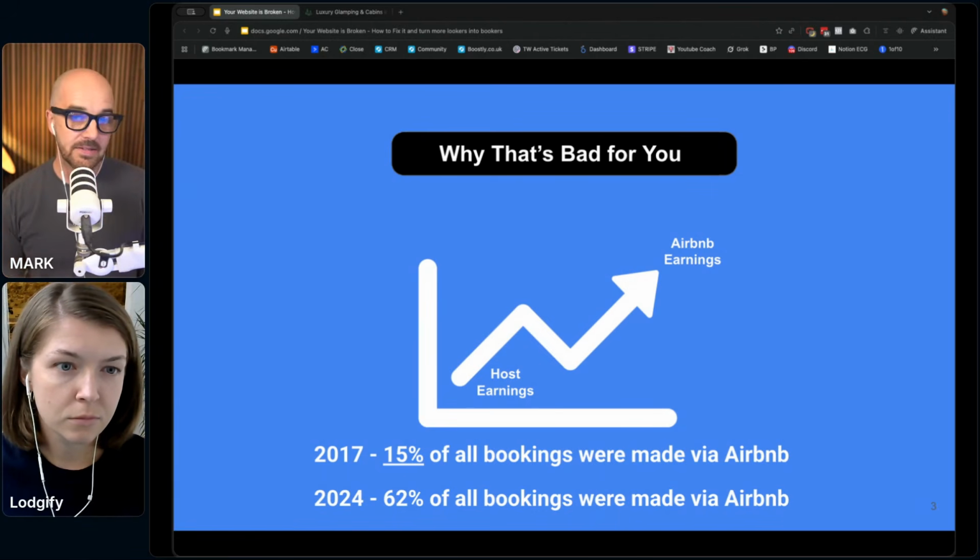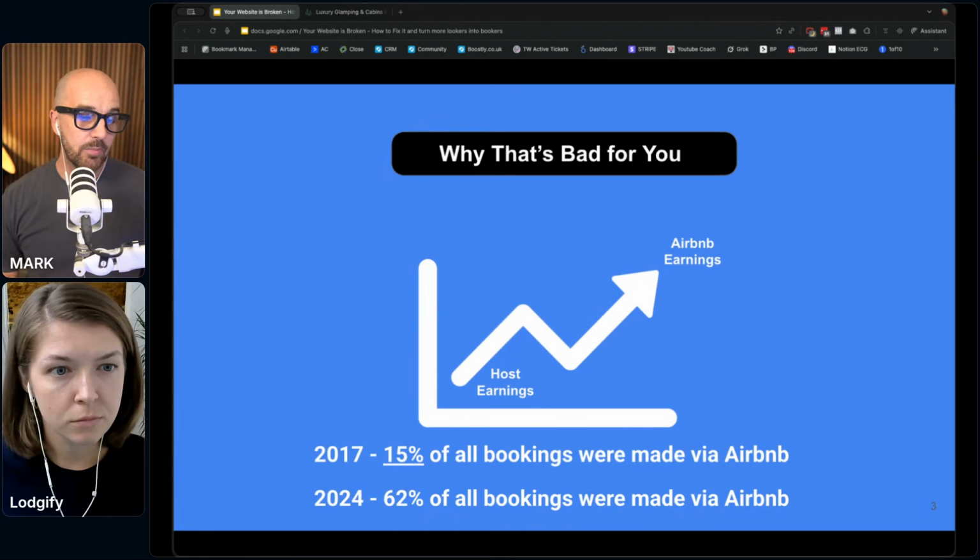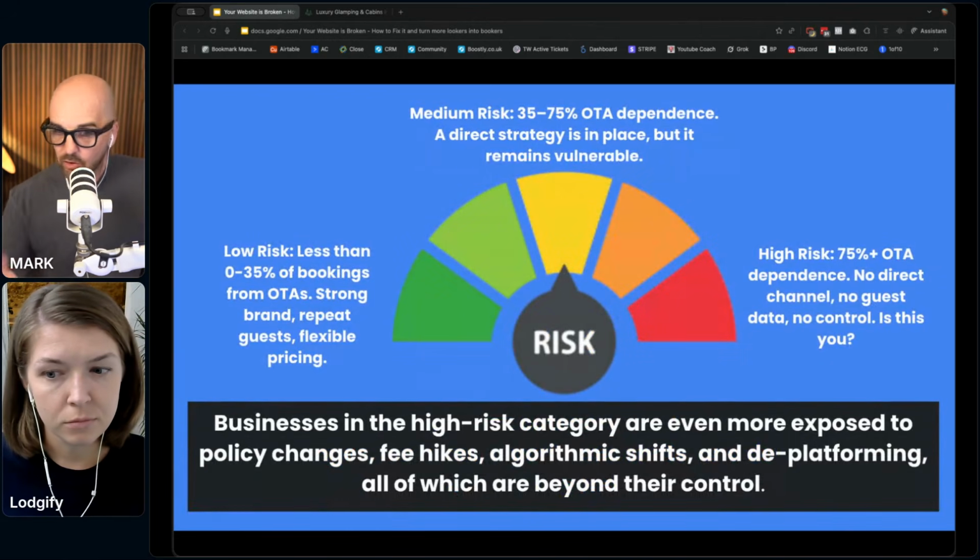And then the problem is, what happens when those bookings stop? What happens if your listing becomes invisible for a number of reasons? It could be that you had a couple of bad reviews and it drops off the first page of search. It could be that a guest complains and your listing gets suspended. There's loads of reasons why. And unfortunately, I get these stories every single day in my inbox of this happening. So this is why I come and talk to you.